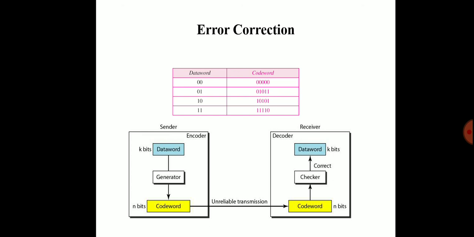The same holds for the third and fourth ones in the table. So the original code word must be the second one in the table, because this is the only one that differs from the received code word by one bit. So these are the conditions of error detection and correction using the table code word methodology. Thank you for watching this video.